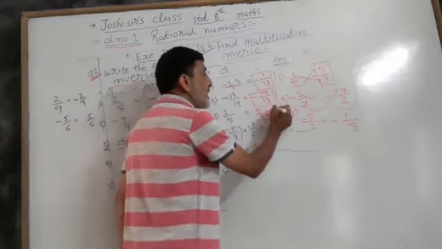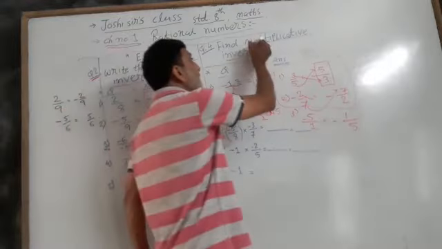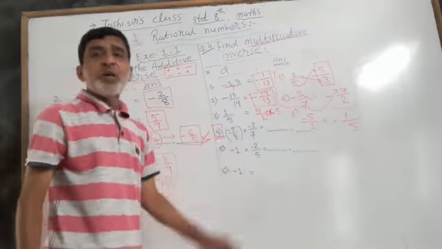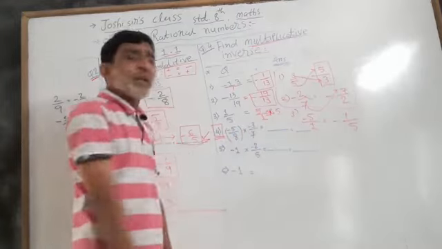Now next question, see. This question you keep in your mind. This is extraordinary for the student. Given question is minus 5 upon 8 multiplied by minus 3 upon 7. Now we have to find multiplicative inverse. See here, here are two numbers. So first what we will have to do, first we simplify both the numbers. Now we simplify this number.